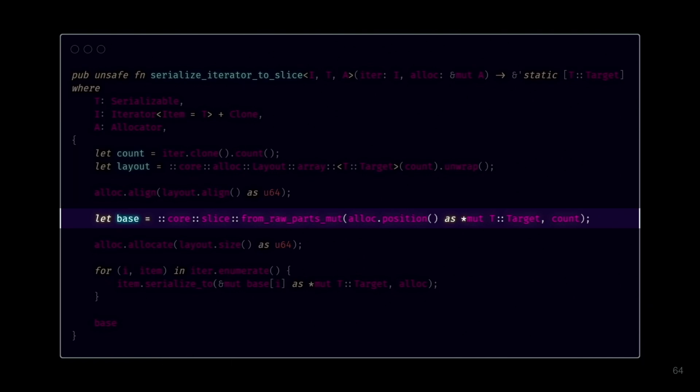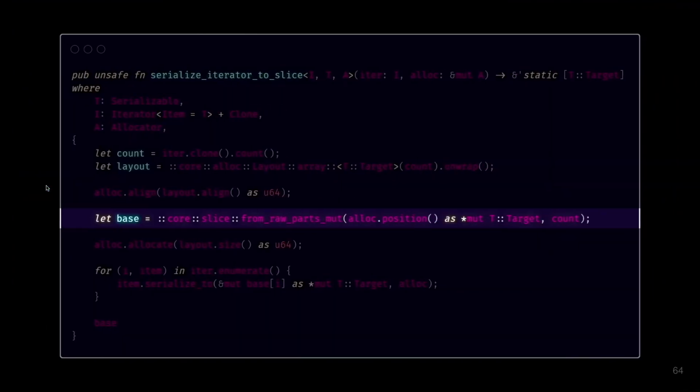And one of those modules is working with slices. So you can create a slice from a base pointer and a length. And as long as the slice knows what type you're creating, it can create everything that you need very readily for you and give you back a normal Rust slice, right, which has length information in it. But slices have lots of undefined behavior with them if you don't do them correctly. And we'll talk about what that undefined behavior is, but you can get into hot water real quick. So we create a slice from that base pointer of the variable length array of things that we're building.